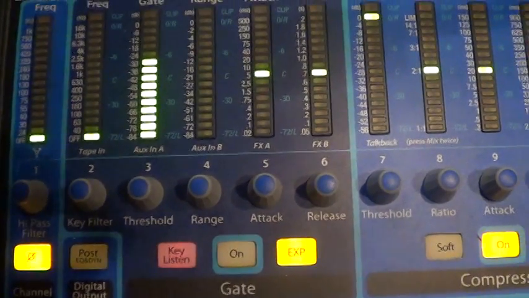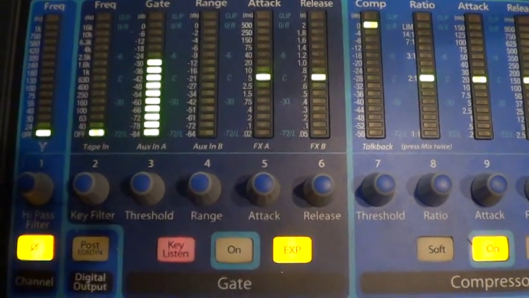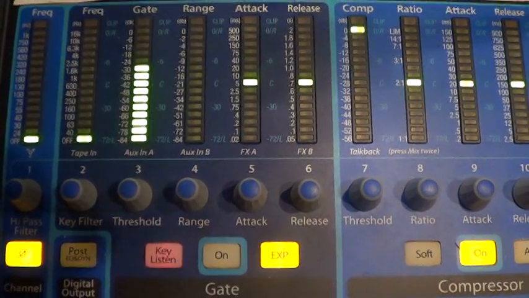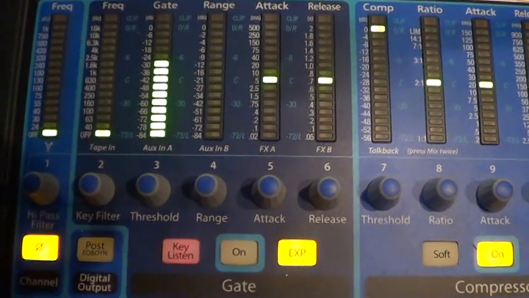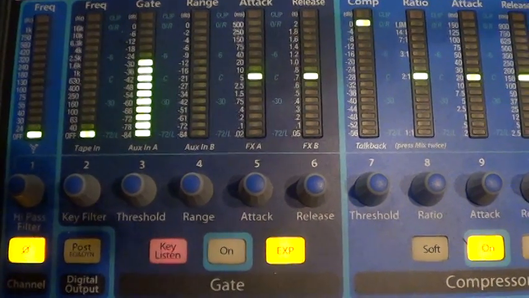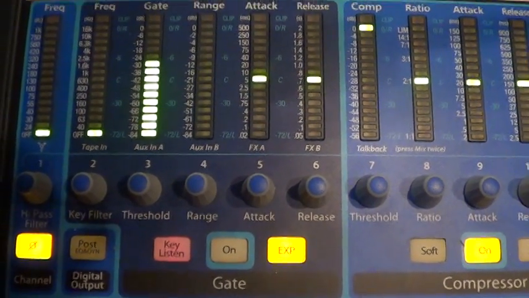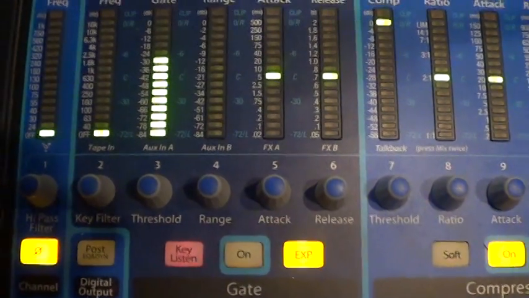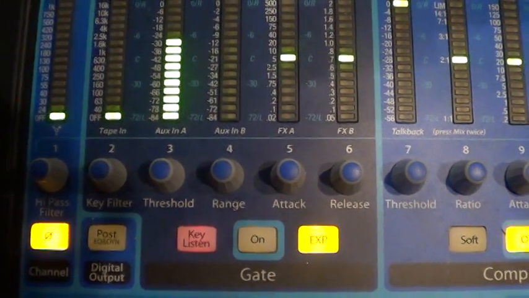So say that you had someone who was giving a speech or something, and they were standing right next to an air conditioning unit or some sort of white noise or air filter or something that was just kind of giving constant noise, or